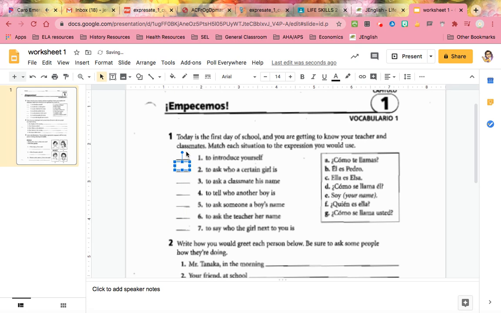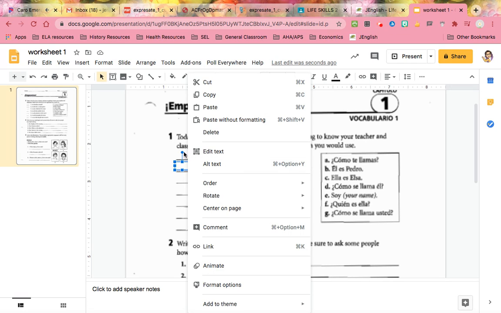Okay. So I know you might want to, like I said, just draw a text box every time. It's up to you. The other thing you can do with the text box to make it easier for you to see